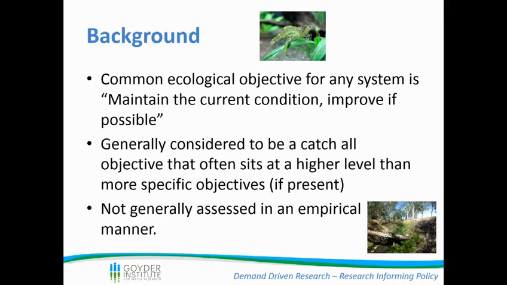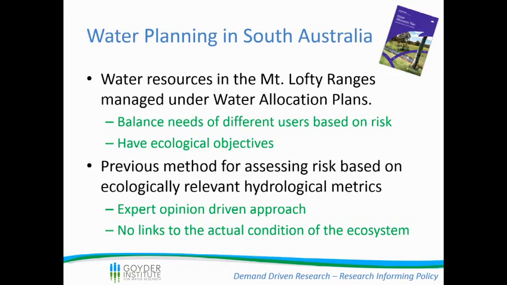So, it's a really good objective, but unfortunately you can't really assess it in any empirical way. It's one of these things that you come along to a high-level meeting and say, the objective is to maintain and improve. We had a look and we reckon it's pretty good, so tick, and we'll move on. What we wanted to do was see if we could come up with a way that we could actually empirically test this using real data. So we sat down and knocked our heads together, and we came up with a bit of a different approach, which is what I'm presenting here today.